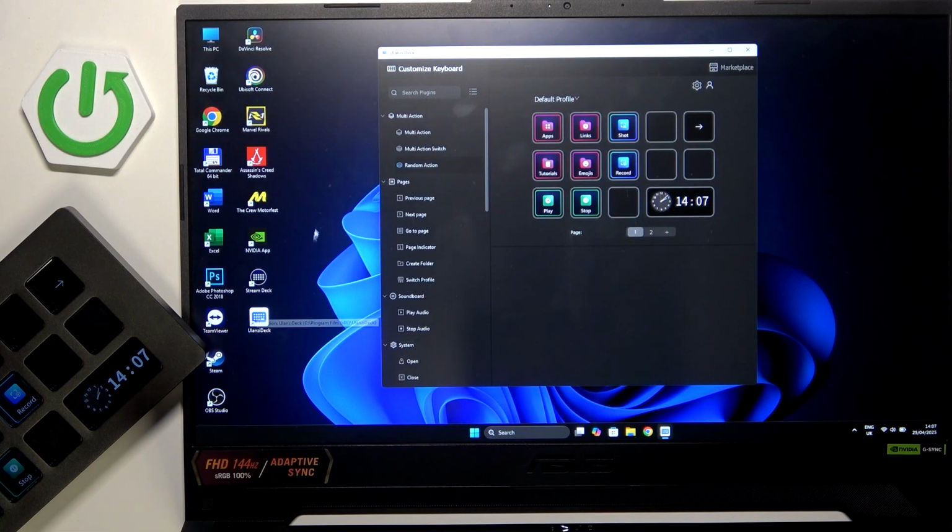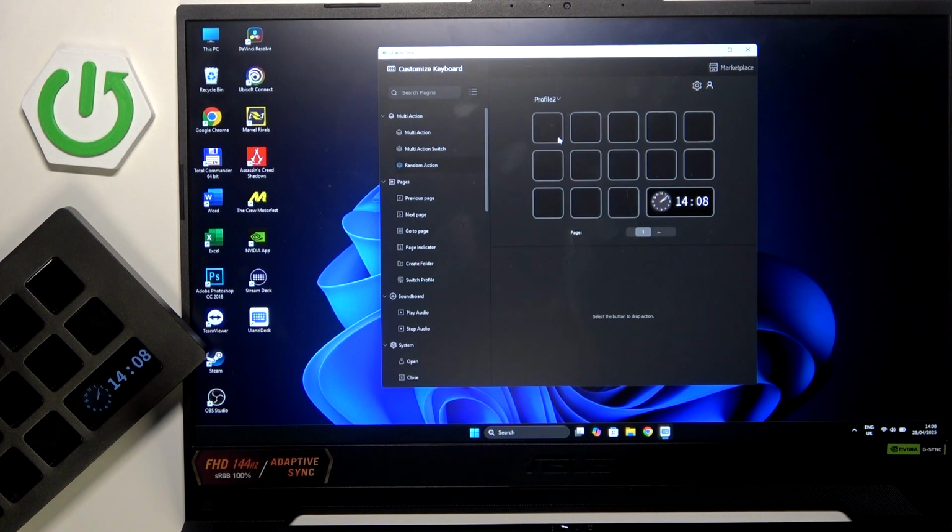And here we have, as you can see, the default profile. To create a new one, we just have to click on it and create profile. As you can see, this is the new profile, and we can